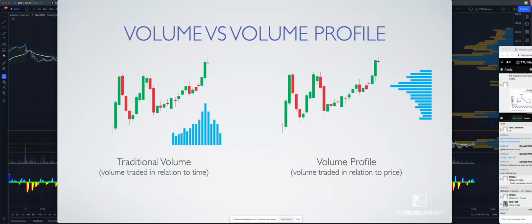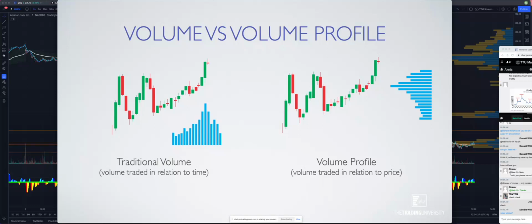The difference with volume profile is that you're seeing volume traded in relation to price. Okay, so we're finding the higher volume levels at certain price levels, and what this does is helps us get levels on our charts that are tradable, that we know could be good support or resistance levels or bounce levels based on where people are